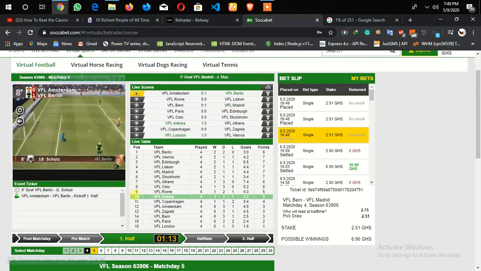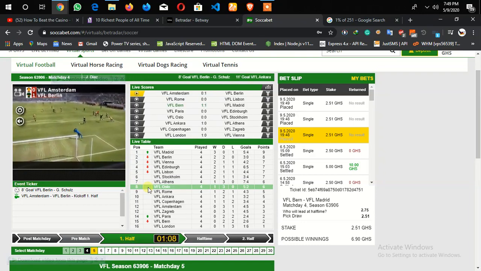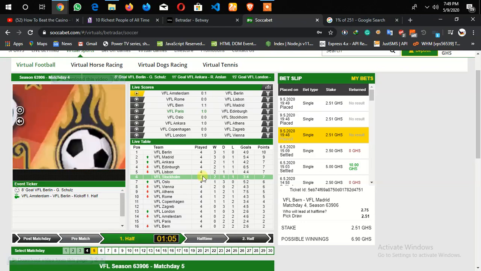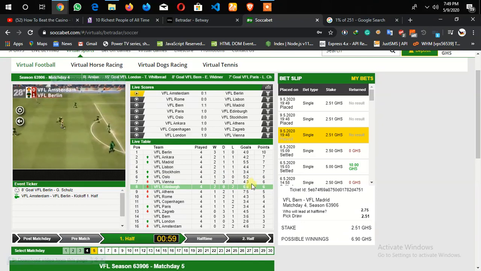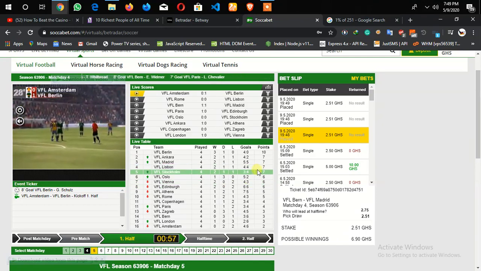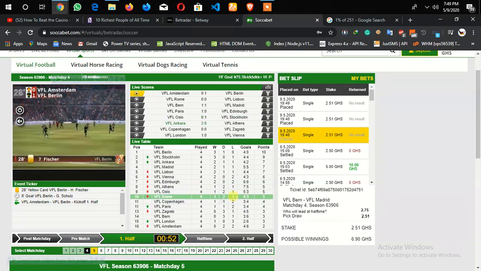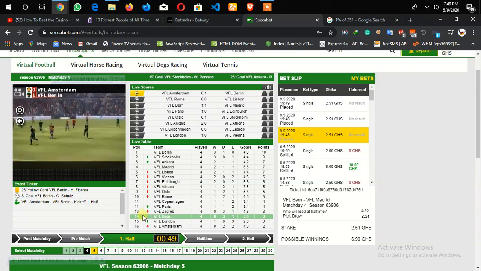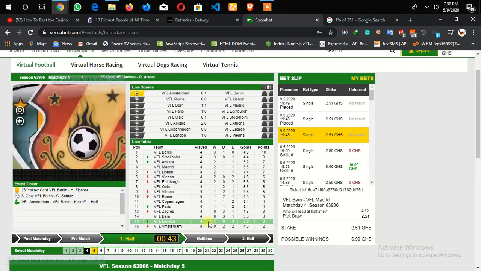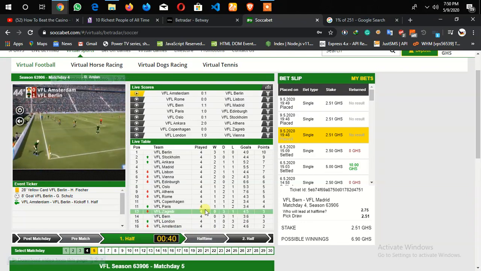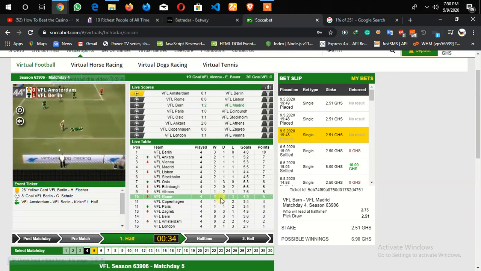What this simply means is you're betting on a team to play first half draw. It is not a 100% strategy, but it's a strategy that as time goes on, you'll be making constant profits. As a matter of fact, if you don't have a job, you can take this as a full-time job, but depending on when virtual football fixes it, because they always block loopholes like this. So what it simply means is we're picking out the last 4 matches and we're betting on them to play first half draw. Now to play first half draw, 2 things are involved. The first one is we have to make sure that they're at home, and the second one is we have to make sure they might be playing against themselves.